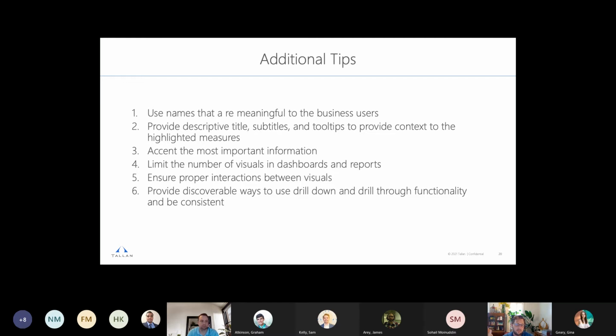And from the performance side, if you don't need the interaction, certainly disable them. It's going to make the chart more responsive. And then the last one we talked about internally a bit was this idea of drill down and drill through